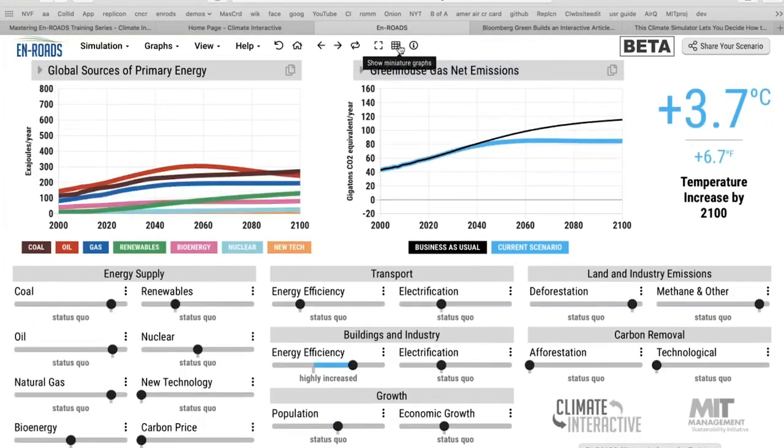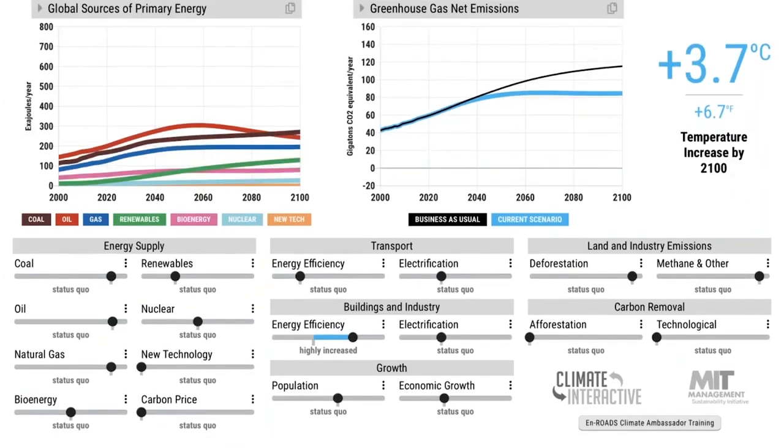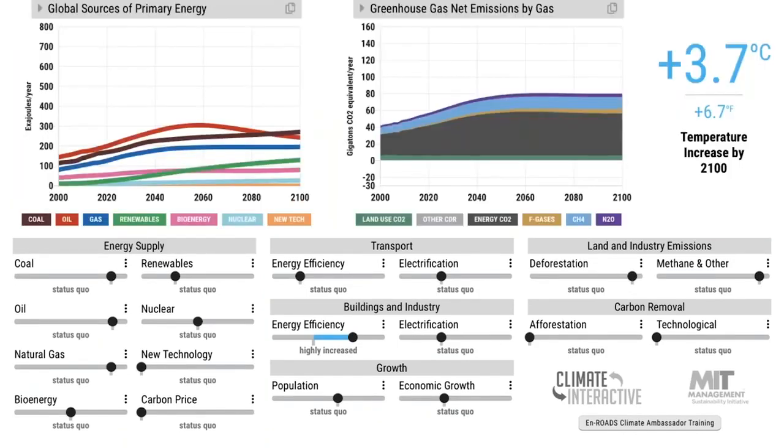But just to play out what happens, here we made one change. I heard you mention many other things that you would like to see, and here's how it plays out. In the same way, someone said deforestation, and we show some other graphs. Of course, there are many other graphs that you can see. This is one of my favorite ones, stacked graphs of deforestation emissions, and here's energy CO2 emissions, F gases, methane, and N2O.